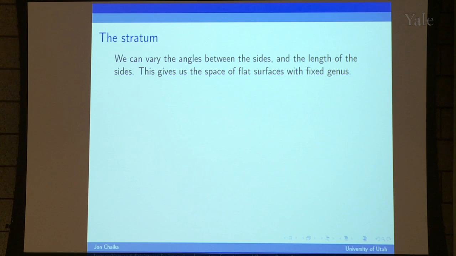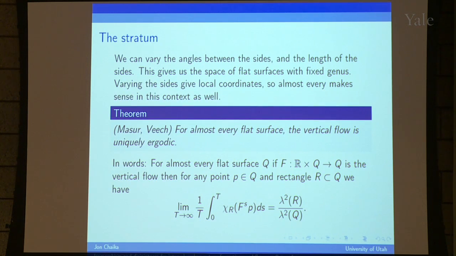Okay? And so this gives us local coordinates on the space, and so it makes sense to talk about almost every flat surface as well. Masur and Veech also proved independently that for almost every flat surface, the vertical flow is uniquely ergodic. So we have the same statement about pushing forward of a single measure to get back itself, a single probability measure, or alternately, you can do the version of